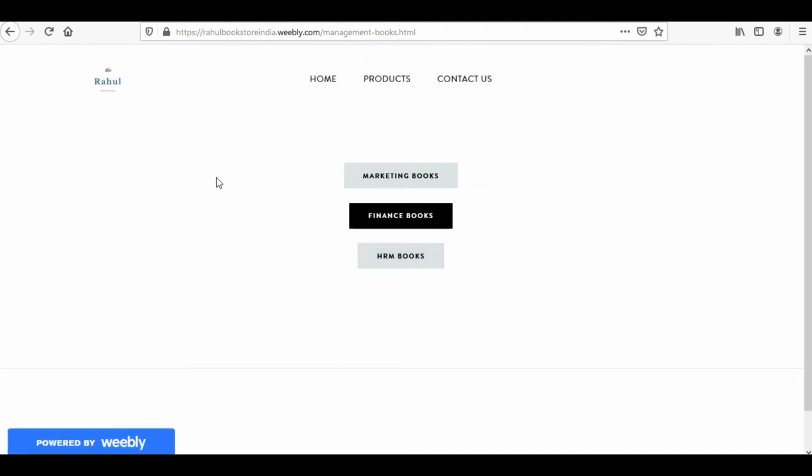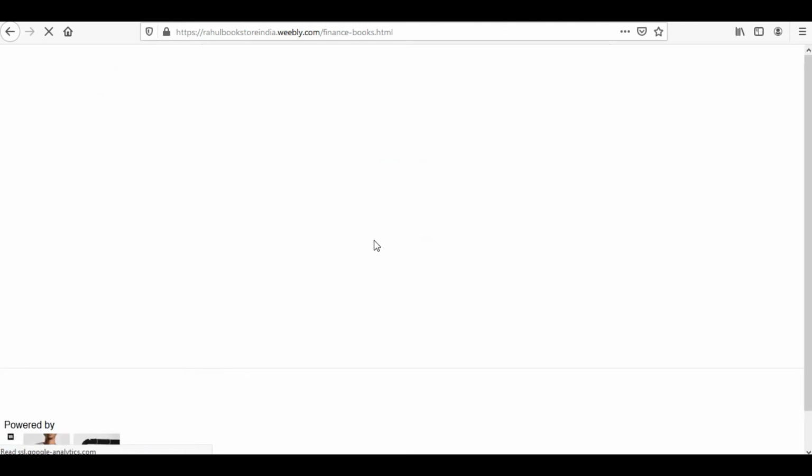You can decorate this page, or think of the layout of this page as per your own liking. There could be pictures, text related to management books, then pictures and text related to finance books, and so on for all other types of management books which you want to put over here. Suppose somebody clicks on finance books, a person would go to a page where different finance books would be listed. This is empty right now. No products are put over here. Now there is nothing in the navigation bar. So all those pages are not visible, and I don't want people to see that page. I just want people to go into this products page and then make a choice depending upon what they are searching for. So I've just given them a sequence over here.